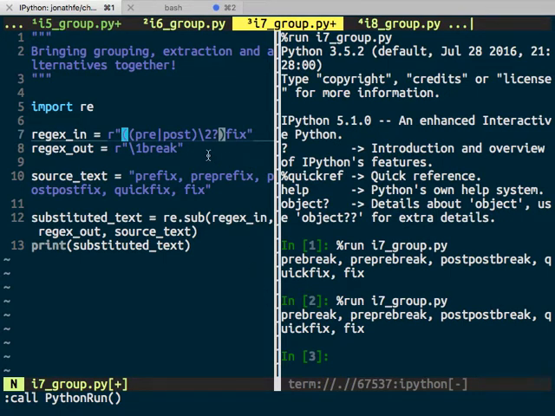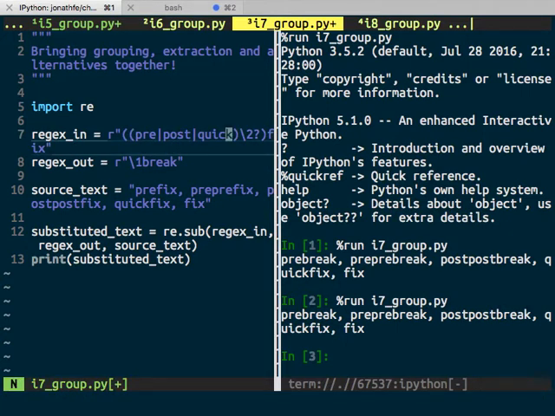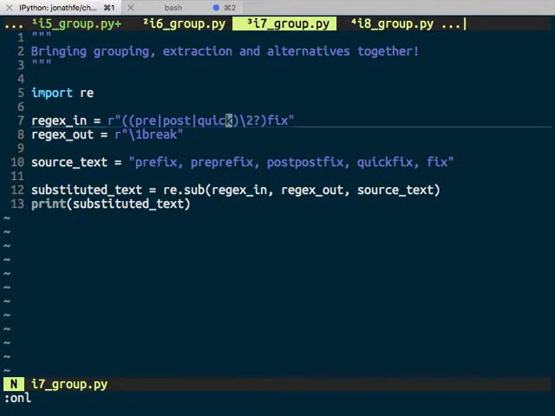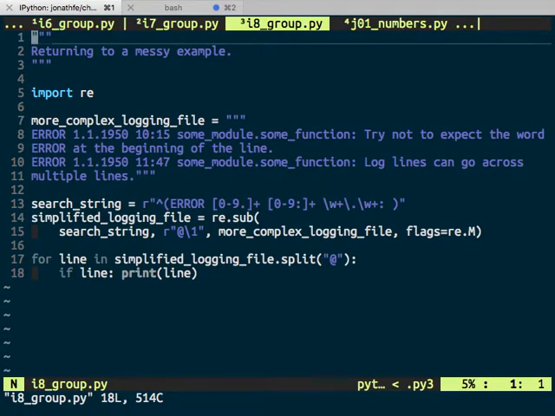If I, however, added another option here and say, what's the word? Quick. Like that. Then we would expect that the quick fix should be replaced with a quick break. And it does. So this one works as it's supposed to. Cool. I'm not completely useless with my slides, which is really nice to know sometimes. Okay,